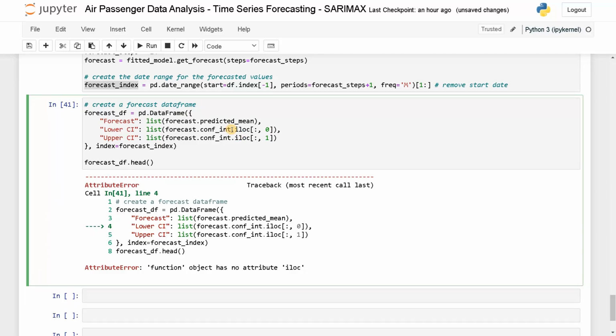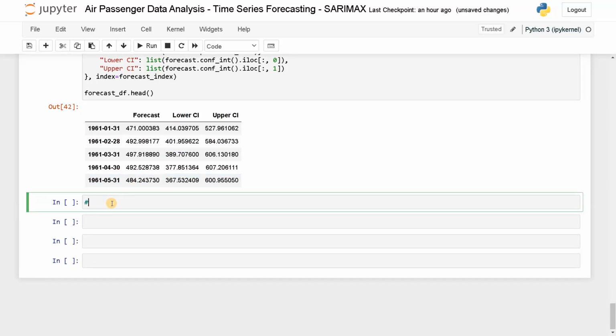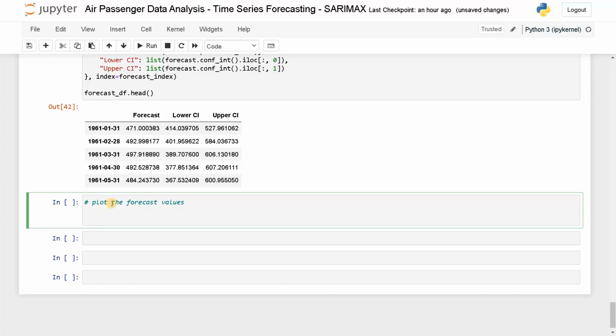Function, okay, this is a function. Now you can see the date values, forecast, actual forecast, and lower bound and the upper bound. Let's plot it in the graph. Plot the forecast values to clearly see whether we got the right results. I don't think we will get it, because we also need to do the